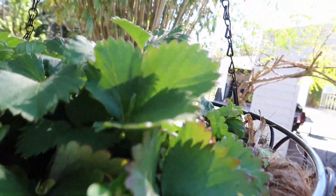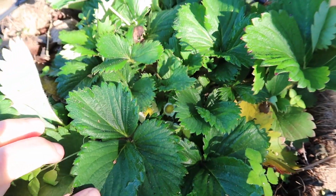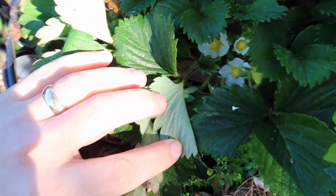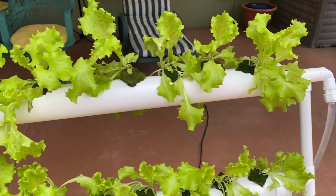But what's most exciting is what's up here in our strawberry. You know, I've had this for almost a year now. We split it up, and this one I kind of left up there and just kept watering, and look at that. I have got some beautiful flowers. Let's go ahead and move on to the back porch and look at our